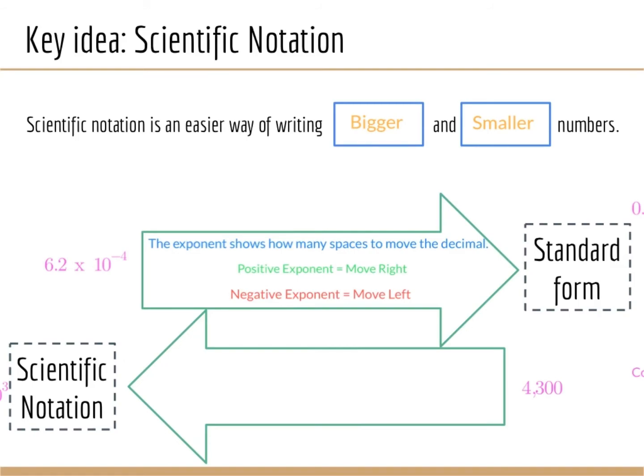So I'm going to start by taking a look at my exponent, to show how many spaces I'm going to move. In this case, I'm going to be moving 4 spaces because I have a 4 in my exponent here. So I'm going to be moving my decimal 4 places, or to the left. So I'm going to go 1, 2, 3, 4, and I'm going to fill those spaces with zeros. So I'm going to be writing zeros in there to fill that in. So for example, I'm going to end up with